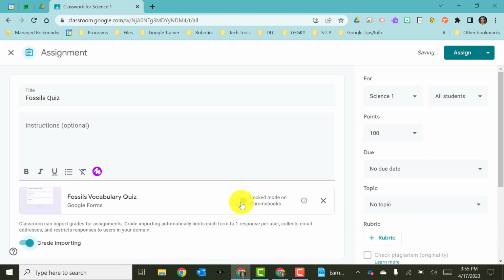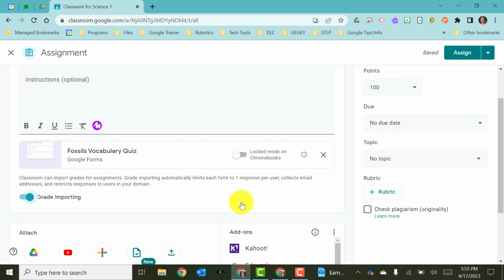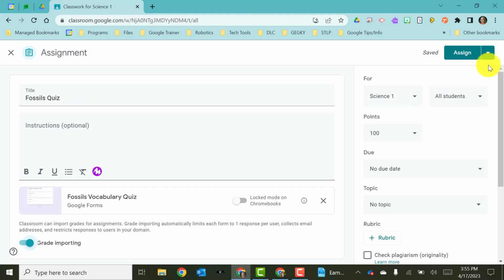Now, a couple of things are going to happen. Because this is a quiz, a Google form, it's automatically going to turn on grade importing so that Classroom can import grades from the Google form once it's graded straight into Google Classroom. It's also going to give me the option to lock down the Chromebooks and put it on locked mode when students are taking this quiz so that students cannot go to anything else other than that quiz when they're taking it. Okay. Again, I can choose class, students, give it points, choose a due date,